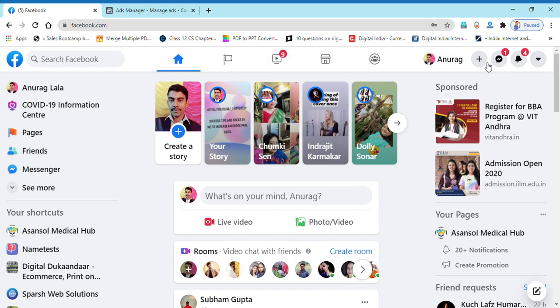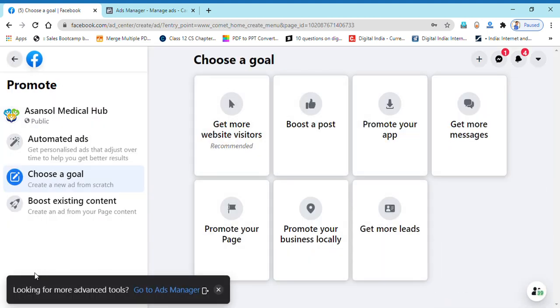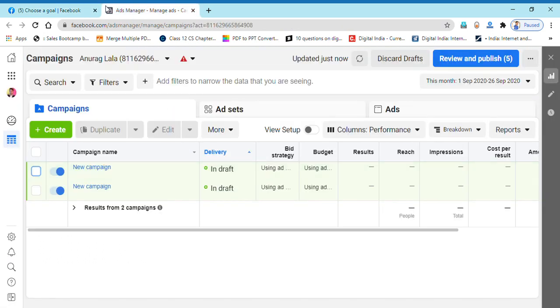You will go over here, this option, click on ads. Once you go on ads, look for advanced tools, go to ads manager. You will click on this and you will be redirected to something like this. This is your Facebook ads manager. You can see your active campaigns. See, I have two campaigns over here. What I want to do, suppose this is the campaign, and on this first campaign, if my per day limit of rupees 100 is exceeded, then the ad will be stopped.